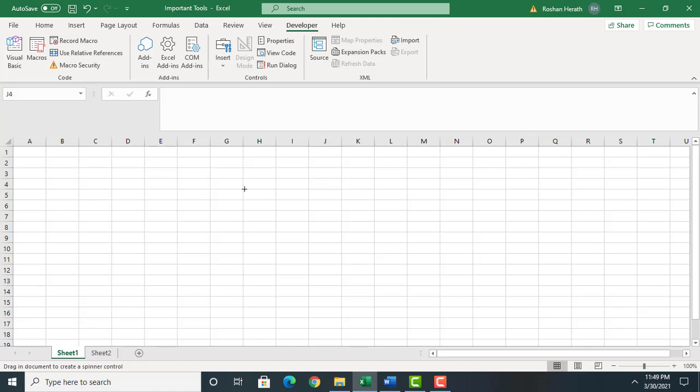So how do you have to draw? You can simply press the left side of your mouse and simply drag it. Depending on the size that you want, you can create it. So once you take the hand off the mouse, you can see that the particular tool is applied. So this is what we call